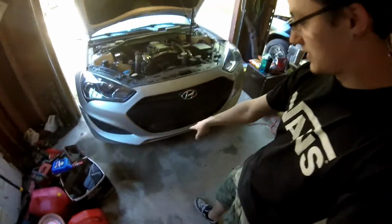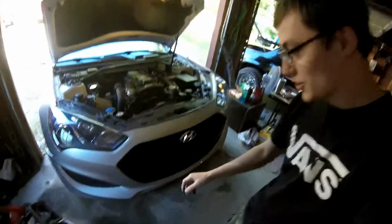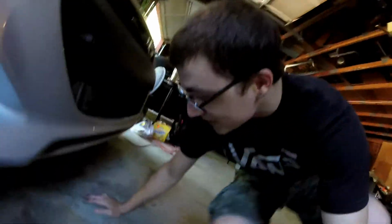And then the next step into taking this front bumper off is there's going to be some more of those twisty push tab, fake screw shenanigans up underneath. Now, let me grab my light. So underneath, you're going to have push tabs up under here. There's one in there. And that's free. And then there's going to be one on the other side as well. And once those are out...